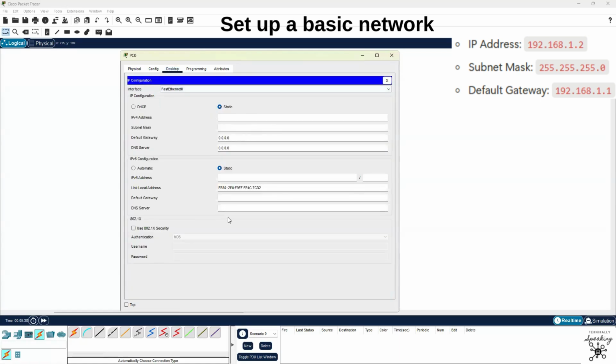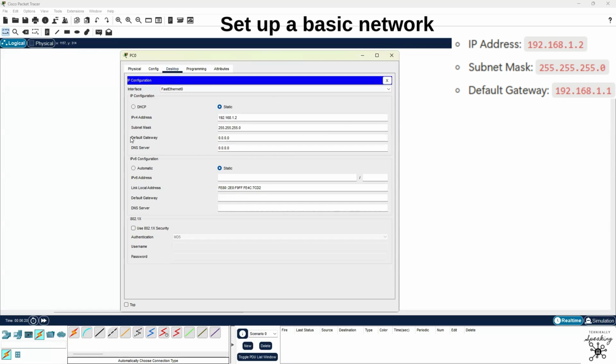And in IP configuration, we can literally add in the IP address. So what we're going to do is add the IP address, 192.168.1.2. And if you click out of it, it'll automatically give you the subnet mask based on the IP address. I don't want to get too technical, but if you are going down the networking path, then yes, you will have to understand IP address classes and subnet masks. But for now, just know that if you click out of it, it'll give you the default subnet mask, and we can check our resources. I gave you the same subnet mask.